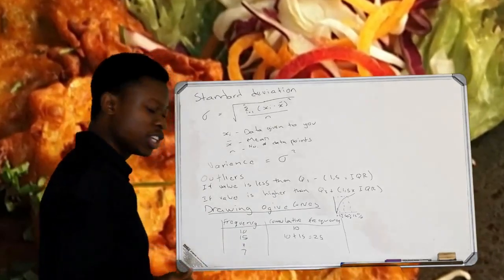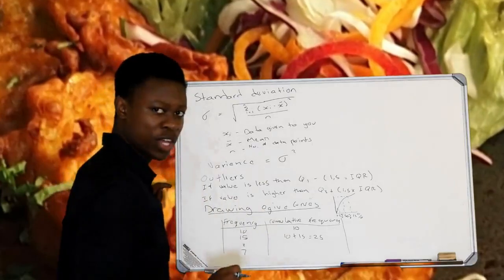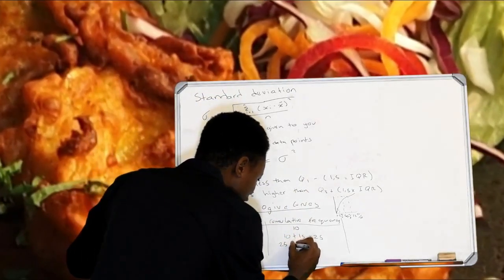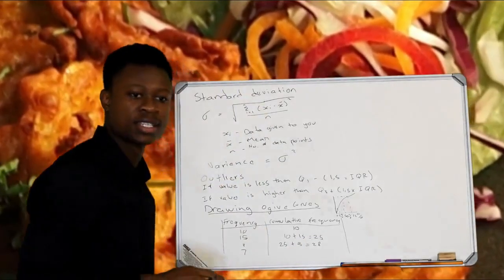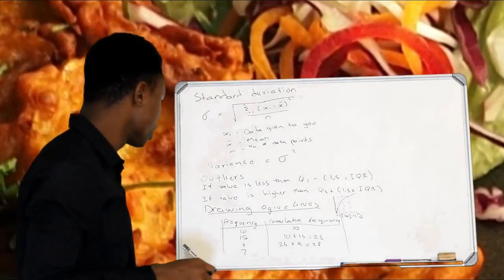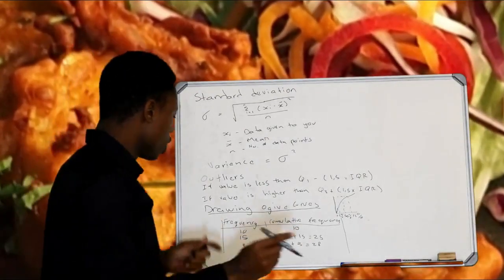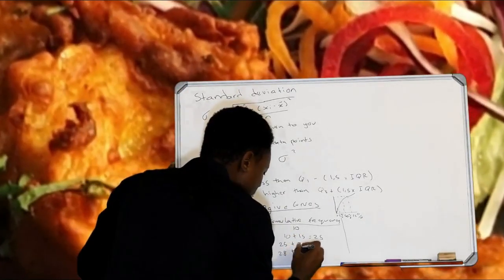And the next one, the 3. I have to add the 25 from above, so it'll be 25 plus 3, which gives me 28. So I have 28 for the row that matches the 3. And then for the last row, it'll be 28 plus 7,